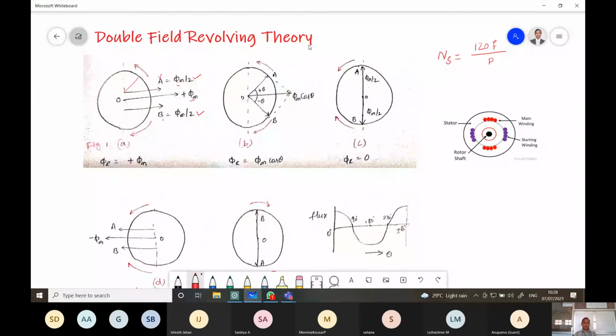So this A vector and B vector are rotating with some angle theta now. Like this, that is represented in figure B. So look here. A vector rotates with angle plus theta degree, and B vector rotates with angle minus theta degree. Vector summation of A and B will give the resultant vector.